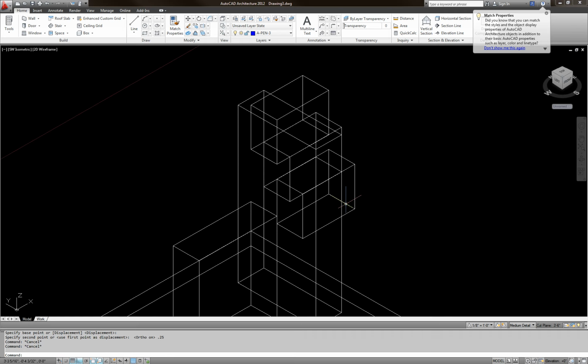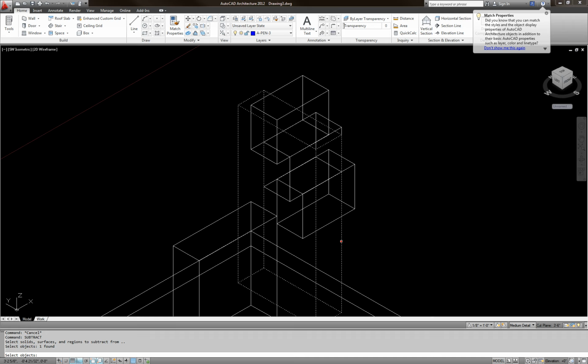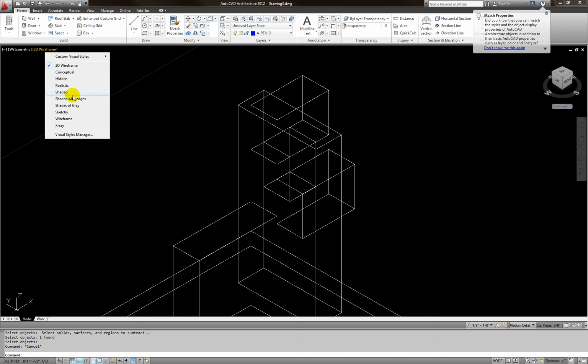Okay, so now what I'm going to do, I'm going to subtract. See the subtract. I want to keep this object. So first you select the object you want to keep, enter, then you click on the object you want to subtract from. Okay, click here, then I want to subtract this guy here, enter, enter. So you kind of see that, well, if I take this and put it to shade it with edges,